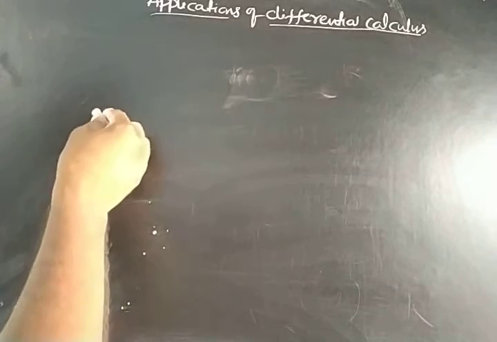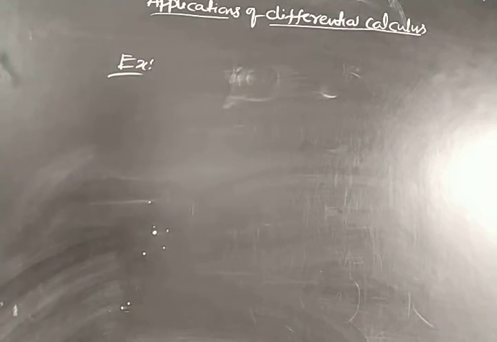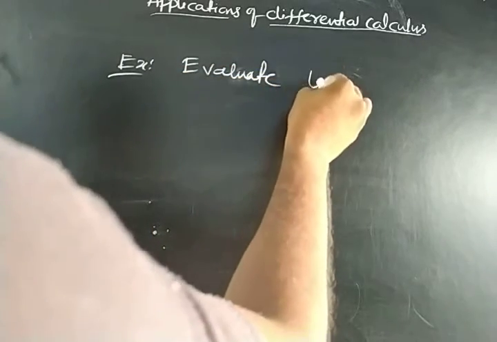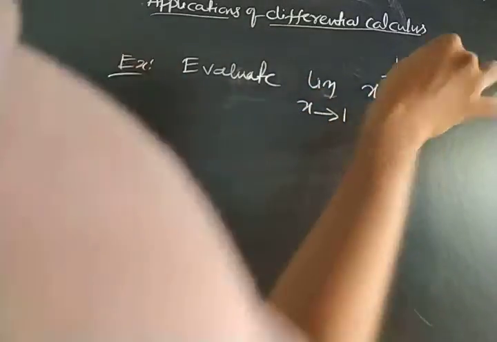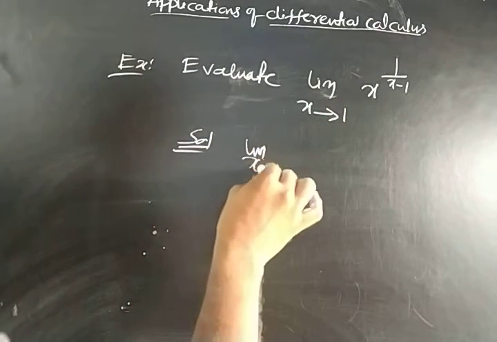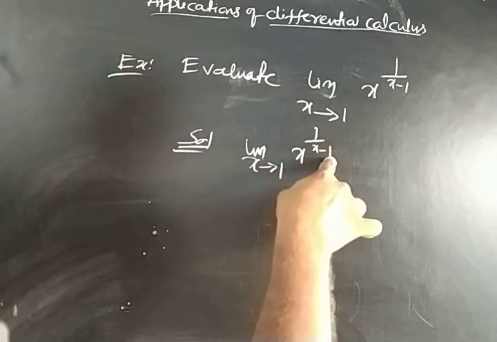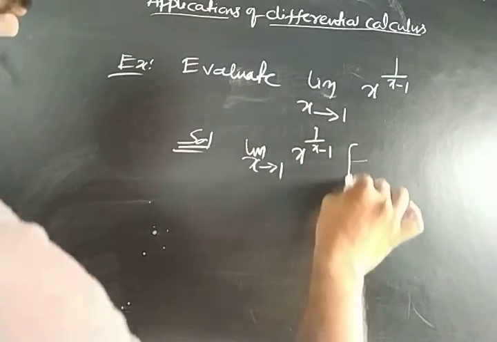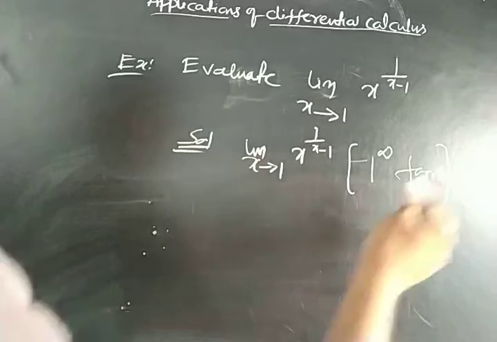For example, I am taking one example. Evaluate limit as x tends to 1 of x power 1 by x minus 1. See here, by substituting, let me solve. If you put x equal to 1, you get 1 power 1 by 1 minus 1, that is 1 by 0, which is infinity. So it is in the form of 1 power infinity, which is another indeterminate form,